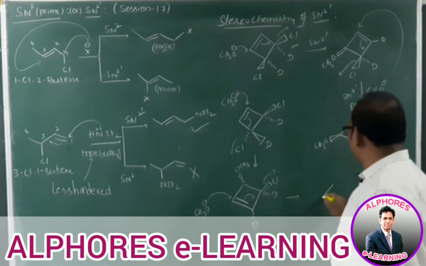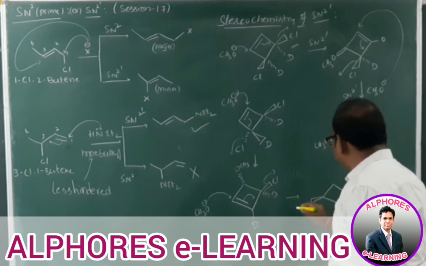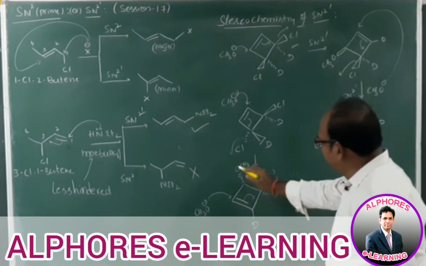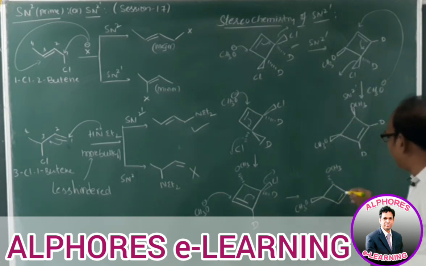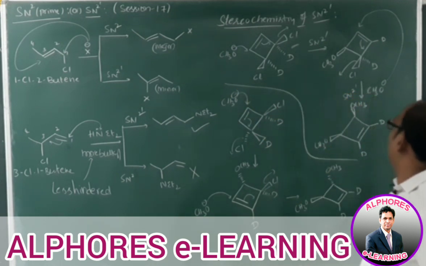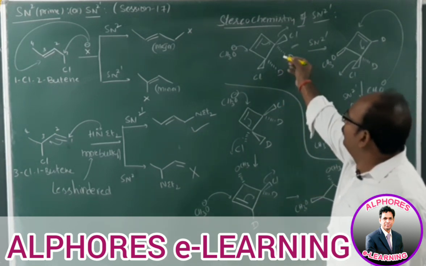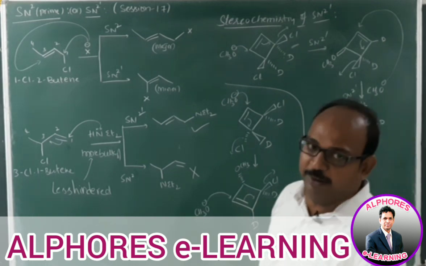In such a case, the product we are getting, with respect to this Cl, OCH3 maintains the same stereochemistry, so wedge line, and here OCH3 is already in dash line, and the double bond is in between the deuterium-containing carbon. So it is very clear, you are getting different products if you change the stereochemistry of the reactant; product stereochemistry is obviously going to change. This is regarding SN2 prime.